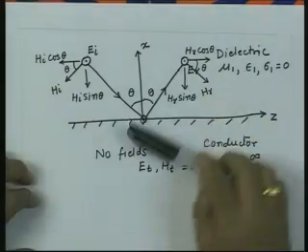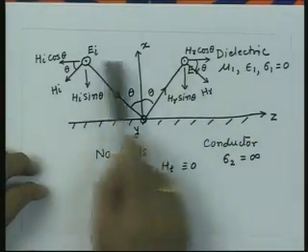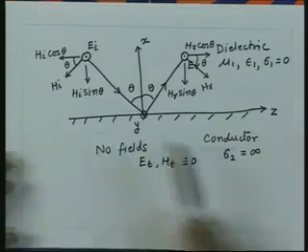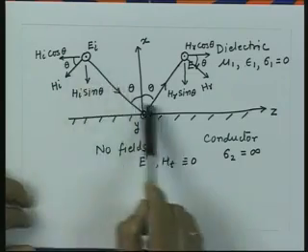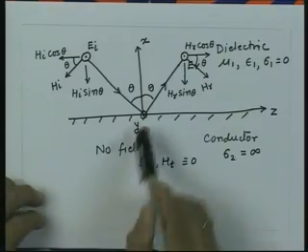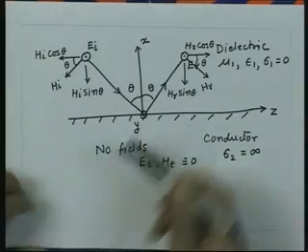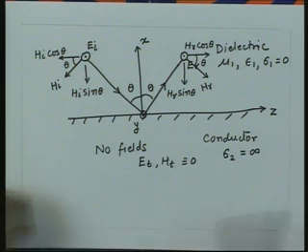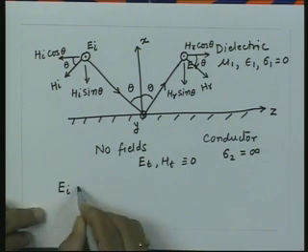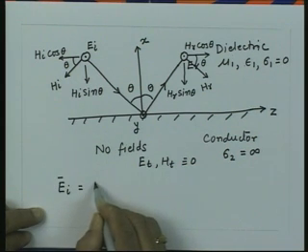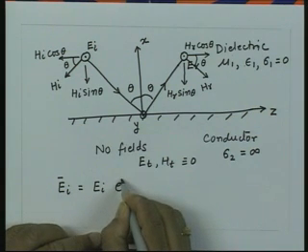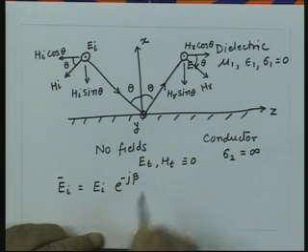So, the boundary conditions now have to be satisfied only by these two waves, the incident and the reflected wave. But before we do that, let us write down explicitly the expressions for the incident and reflected electric and magnetic fields, and then we will take the appropriate components of these fields and satisfy the boundary conditions. So, the incident electric field is E_I, having some amplitude E_I, and a phase function which is e to the power minus j beta.